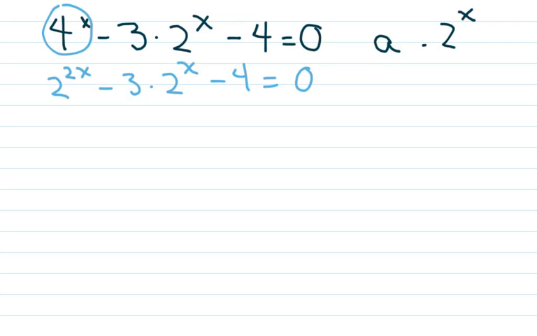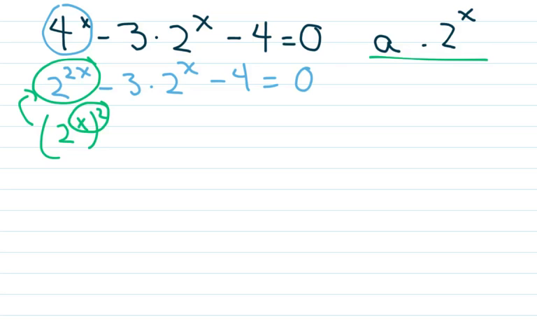In this case, I can also rewrite this as (2^x) squared based on my power property. My power property says I can multiply these two numbers, and when I multiply, I get back to here. So if I let a equal 2 to the x, I'm going to get a squared minus 3a minus 4